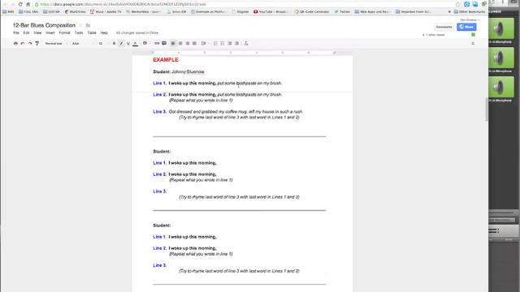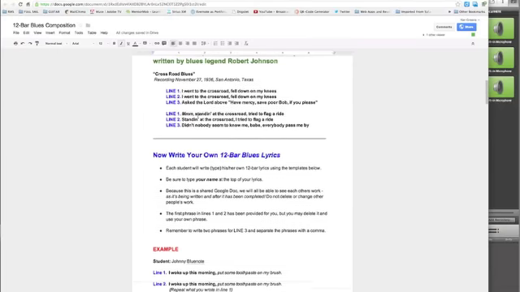I woke up this morning, put some toothpaste on my brush, got dressed and grabbed my coffee mug, left my house in such a rush. And what's interesting about this verse is the last words rhyme with each other. And that's another characteristic of the blues verses. So, with this example, the examples that are provided above,